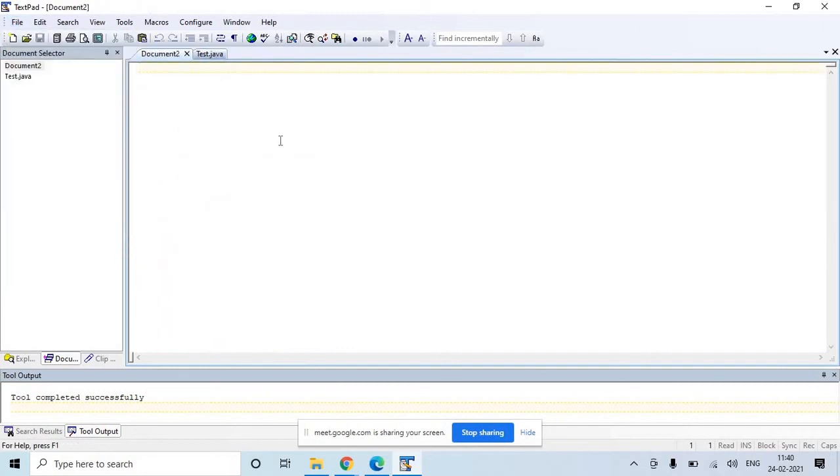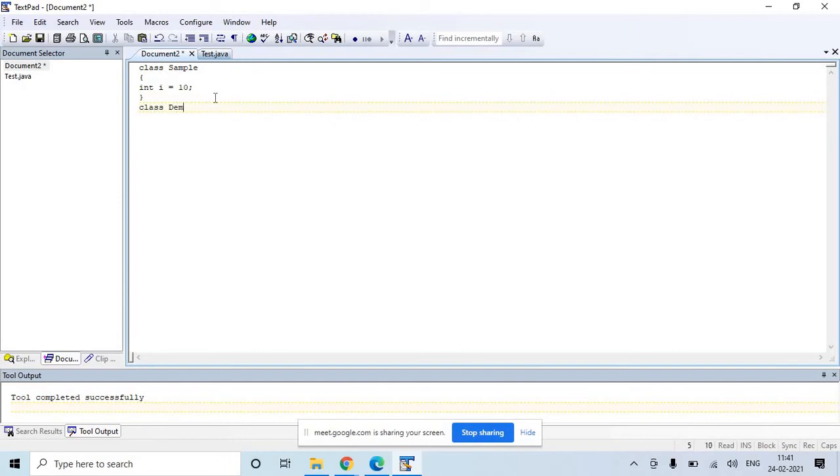Let us say class sample. Inside class sample, let's say you have one variable int I is equal to 10. This is your variable I and you have initialized it here itself, no issues.